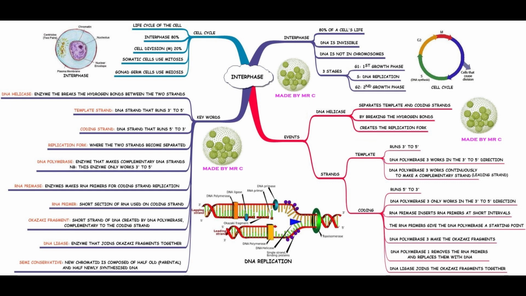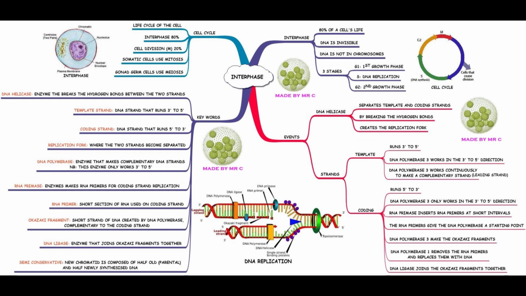DNA polymerase is the enzyme that makes complementary DNA strands. There are 2 types of DNA polymerase, 3 and 1, but we'll get to that later. Both of these enzymes only work from the 3' to 5' direction, making complementary DNA that runs from 5' to 3'. There is an enzyme called RNA primase that is a class of DNA primases, and this enzyme makes RNA